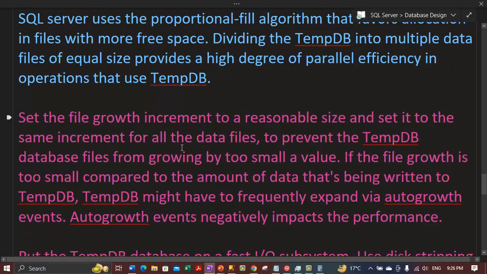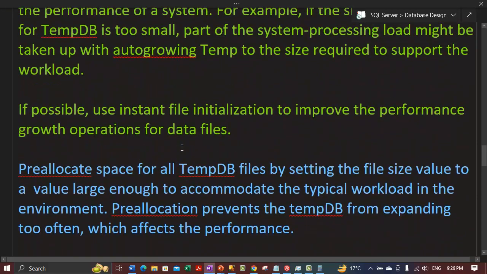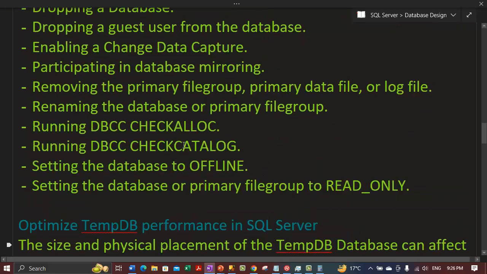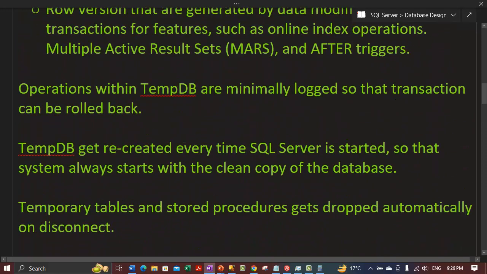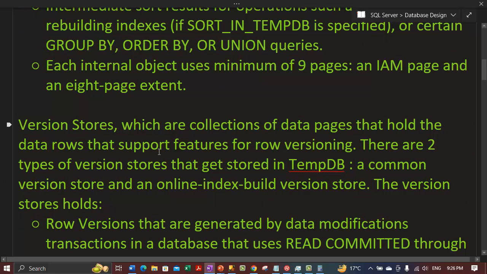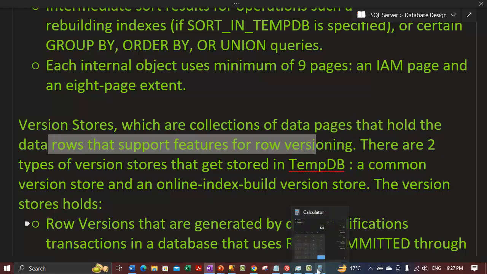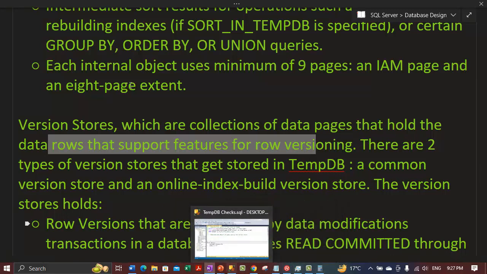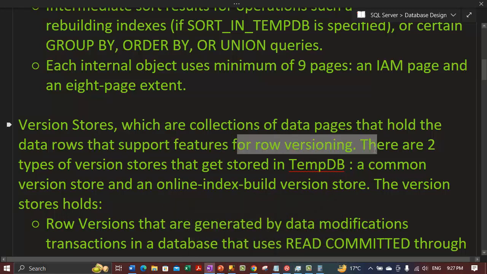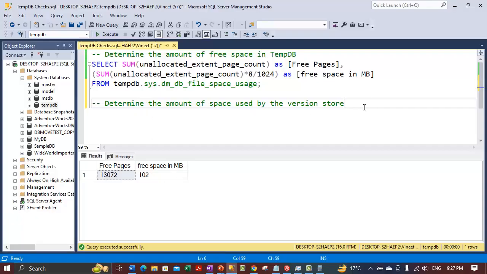We talked about the version store earlier in our theory. So what is the version store? Basically, it is a collection of data pages that hold the data rows that support the features of row versioning. So the version store supports it if we are using the row versioning feature. Now, if we want to determine how much space is being used by the version store,